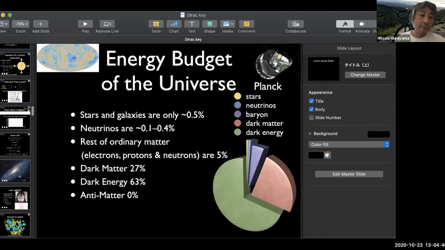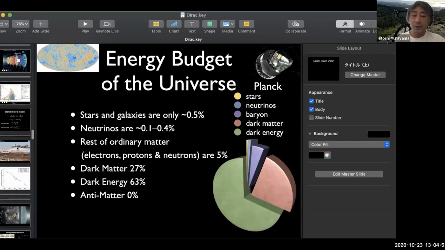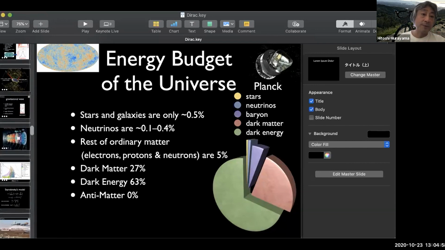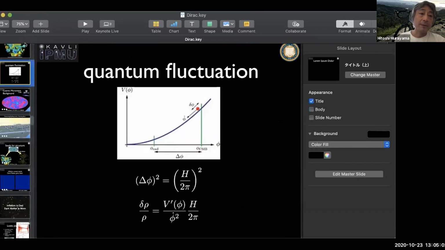Anyway, that's now done, and let me get back to inflation. In addition to inflation, I'm going to talk about other potential sources of gravitational waves from the early universe. So we were talking about the fact that